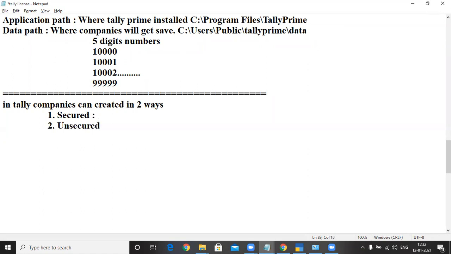And what must you activate? You have to activate the Tally Vault password, and the next thing is user access level, user control.